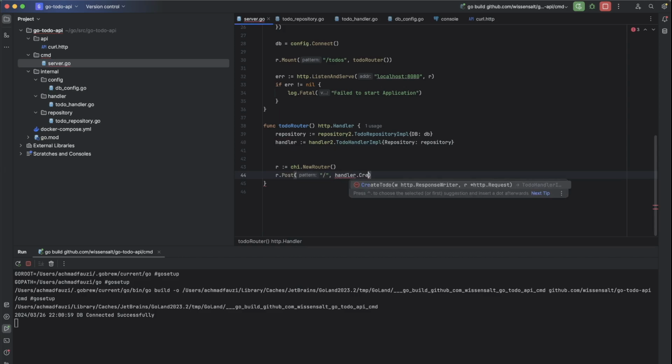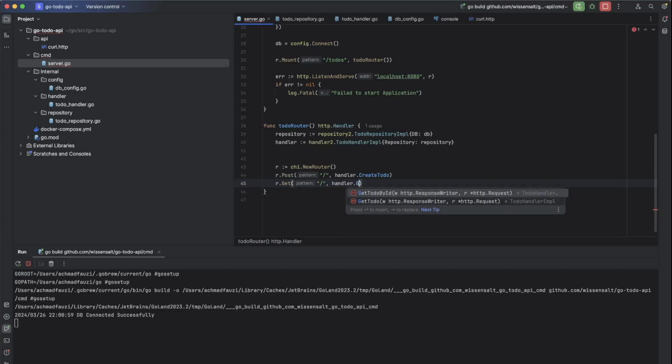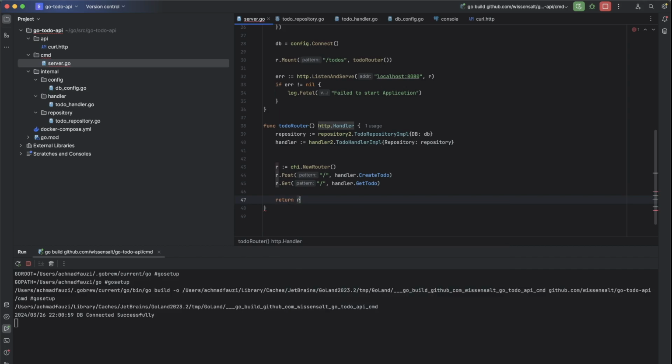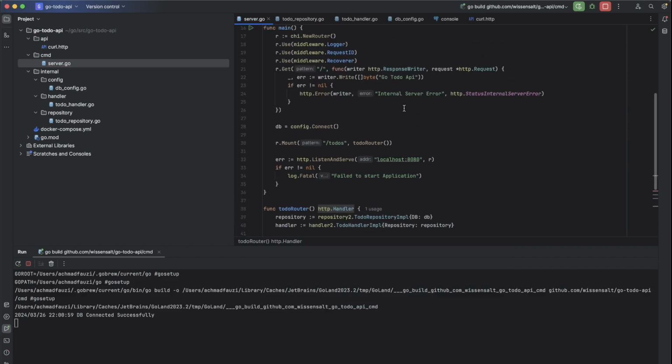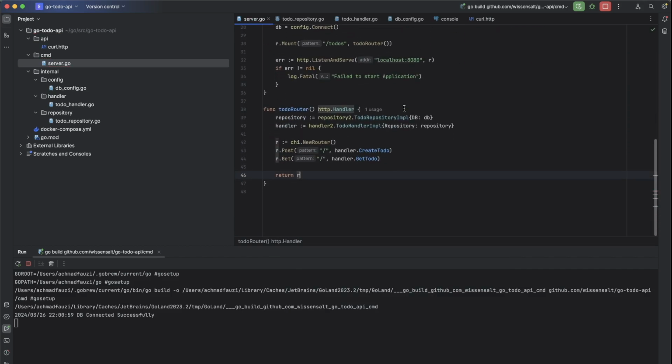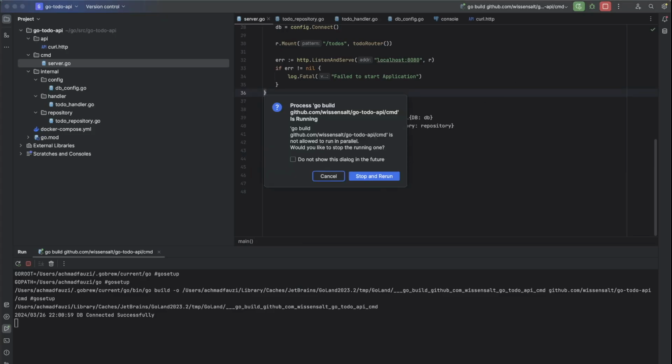Handler dot create to do, and next is get. From slash to do's, we will call get to do, will return error. Alright, if everything goes well, we will be able to create the to do and also get the list of to do's. Okay, let's start again.